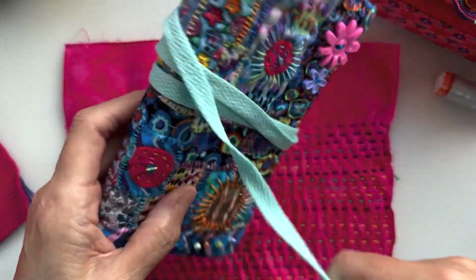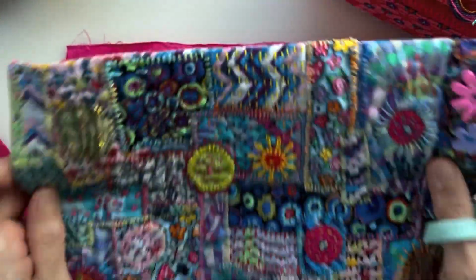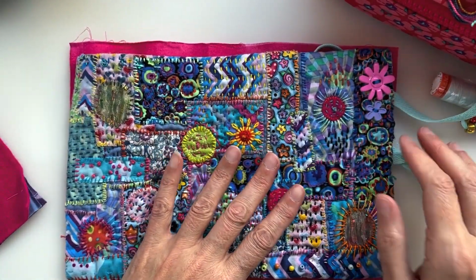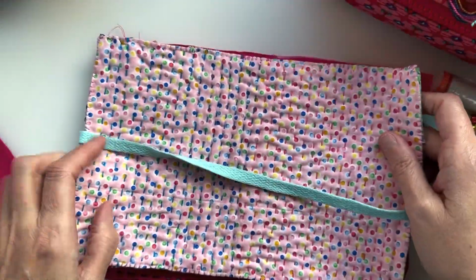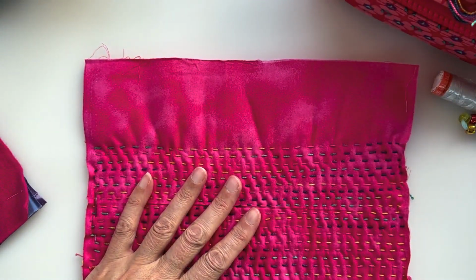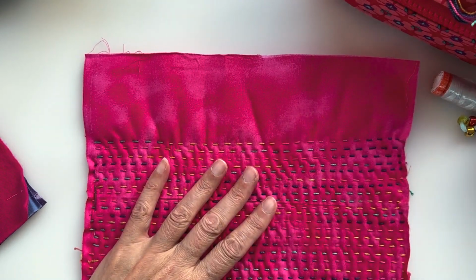So I don't know if you remember this one that I made. Let's take that out. I made, first of all, when I was doing my bit of slow stitching, a journal wrap, which is what I wanted to make, and this is said journal wrap. Now this time I am also making another journal wrap because I want to get another